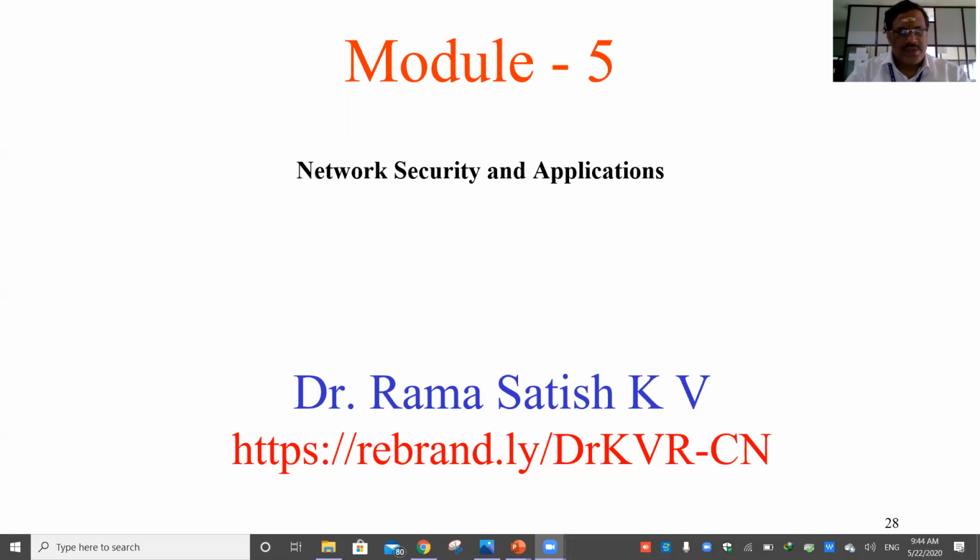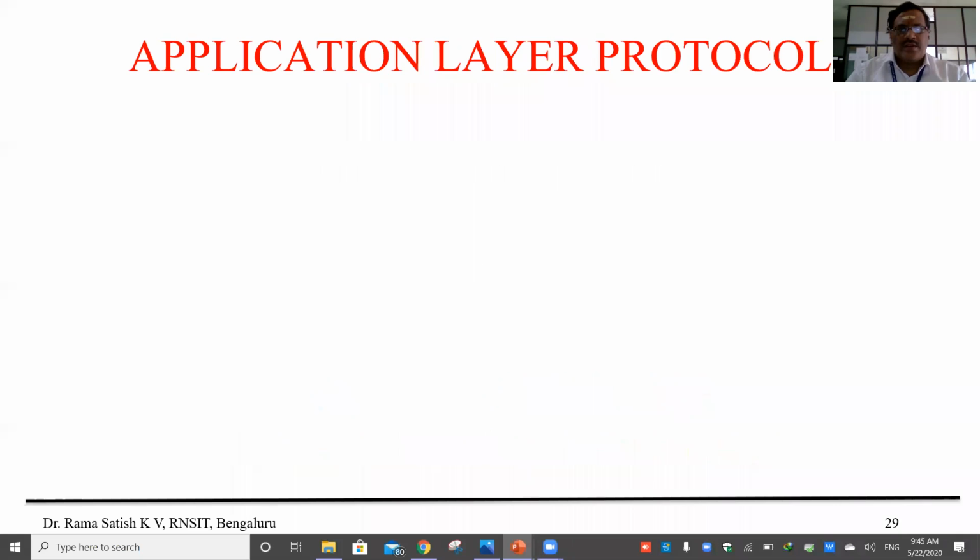Majorly, if you look into the applications of networks, all applications of networks are being controlled and served using application layer protocols. There are various application layer protocols available, and one such we will be discussing in our syllabus.